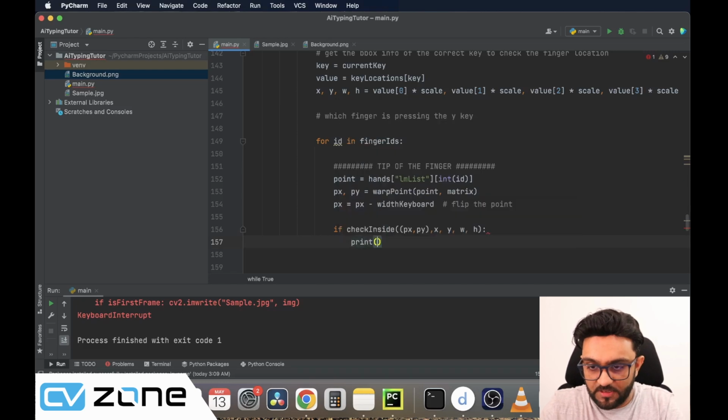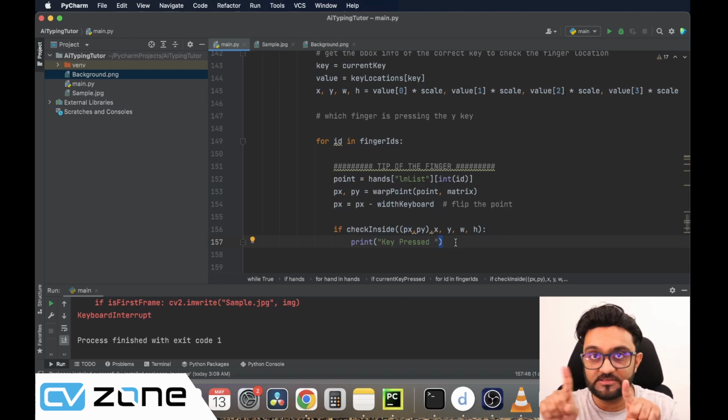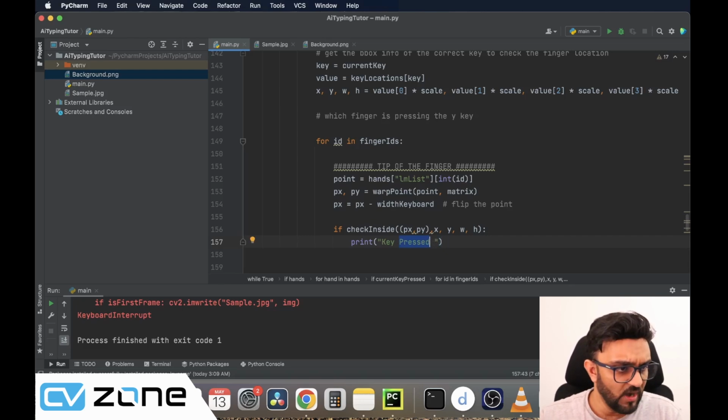So we can simply print key pressed. Yes, but we need to check it with our correct key. So right now it will give us the value that, okay, this index is inside this, but is it the correct one or not? We don't know. So it's just checking the key press. So how can you check that? You will check